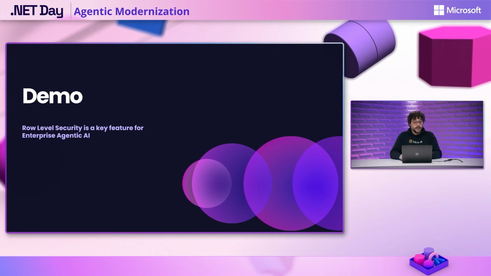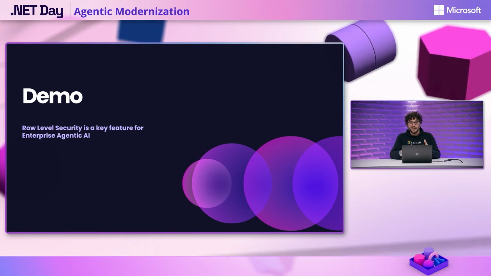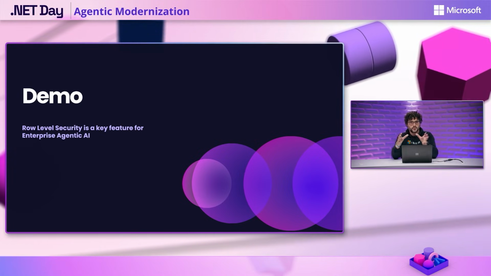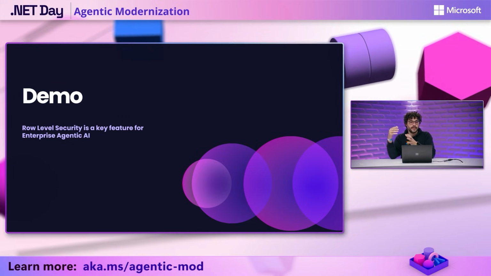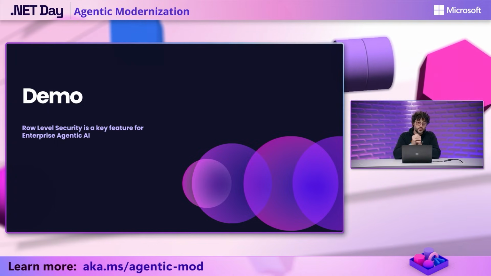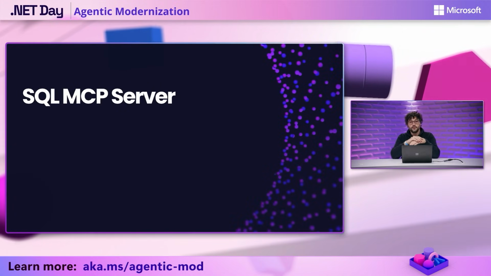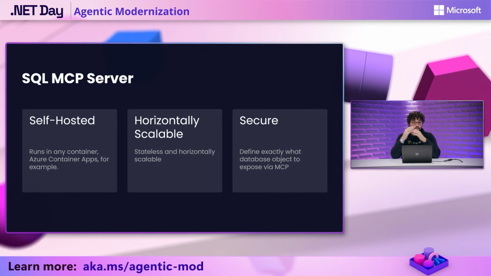Now, with that said, let's move to the next step of this short presentation. You might say: this is great, Davide, but I will most likely be using AI Foundry and agents, and I don't want them to just write random SQL queries, because that's exciting, but maybe I have a use case where it will be much better if my agent can see the database as a set of tools exposed via MCP. That is great, and in fact, we have created a SQL MCP server, which is in preview right now,